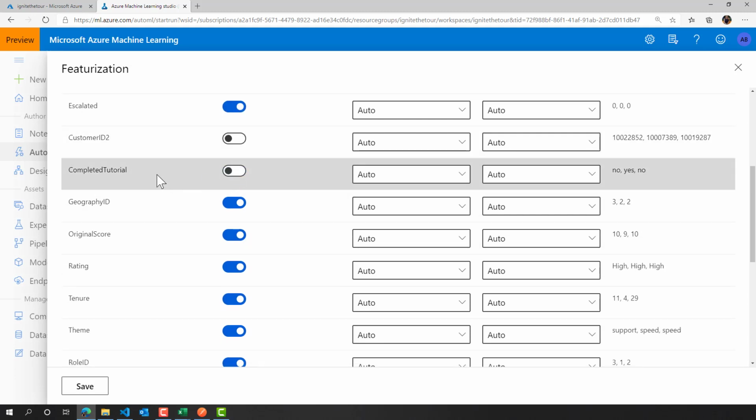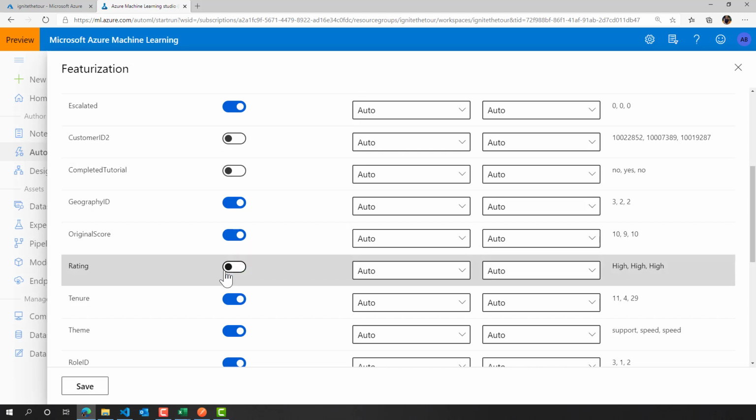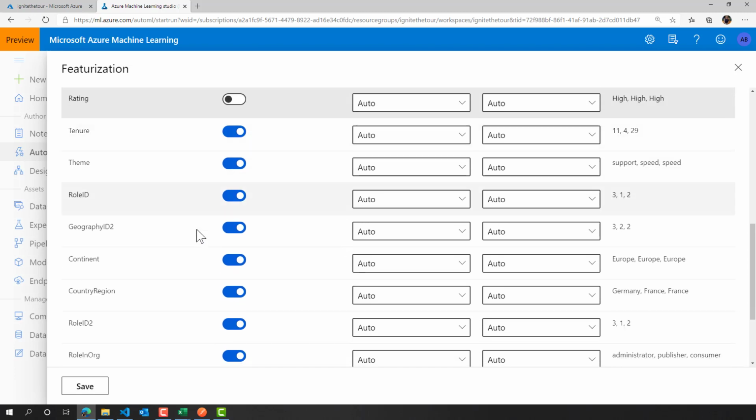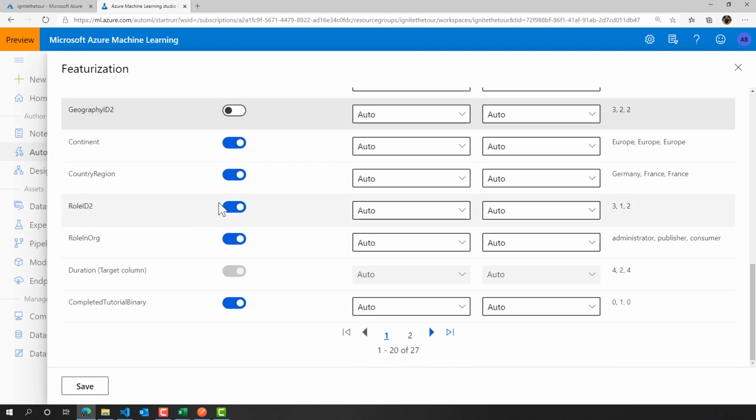Completed tutorial, we have also added a new featured column. So instead of saying completed tutorial yes, no, we actually have a 1 and a 0, and we have the same for rating. High, low, we've changed to 1 and 0. Any more duplicates that sit down here. We can see that duration is already not selected because that's our target column. And if we skip to the next page,